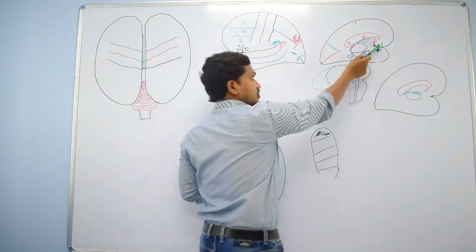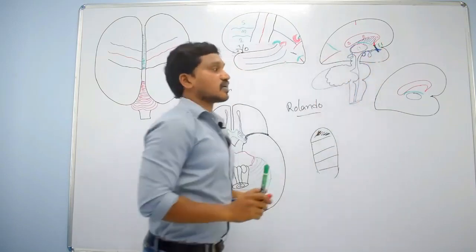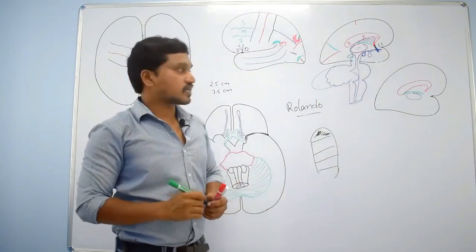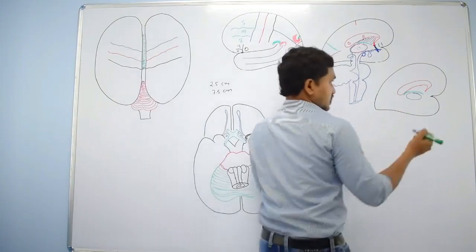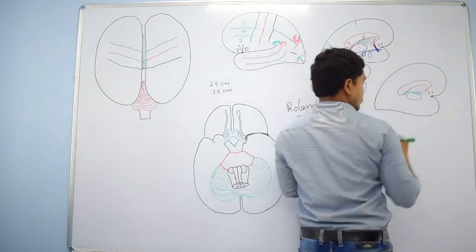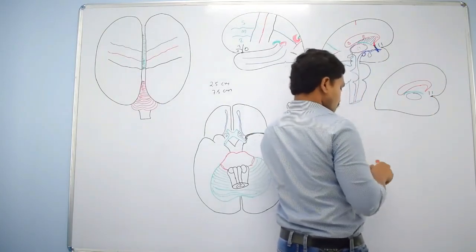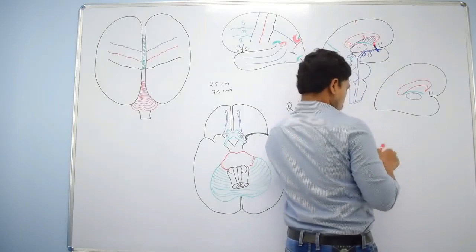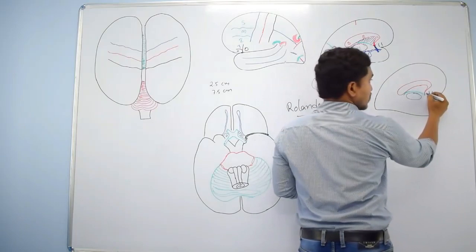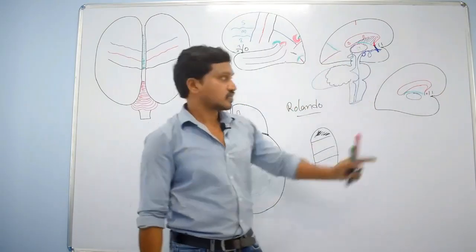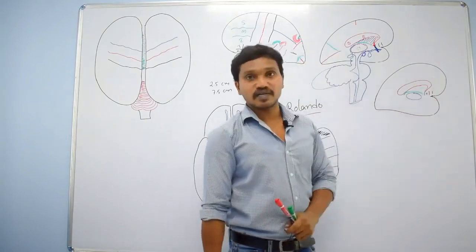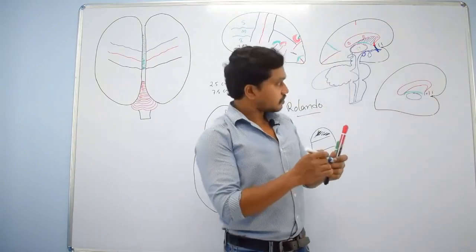Exactly this part. This gyrus we call the para-terminal gyrus. Otherwise I will draw here. So this part is the para-terminal gyrus, and this is the para-olfactory gyrus, right? Then here I am drawing